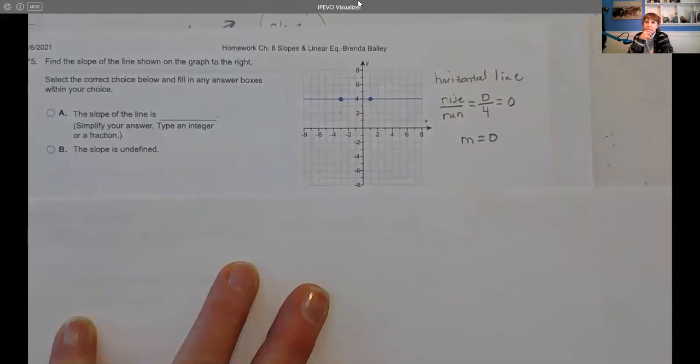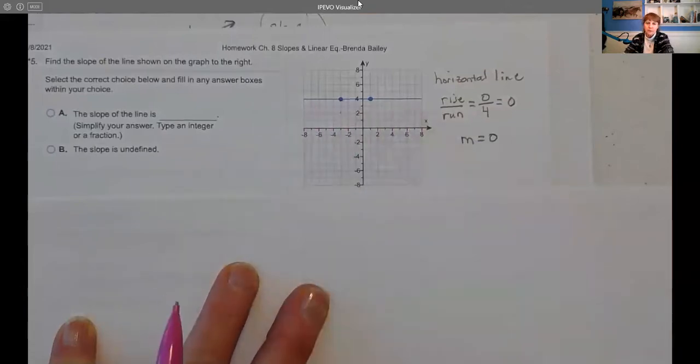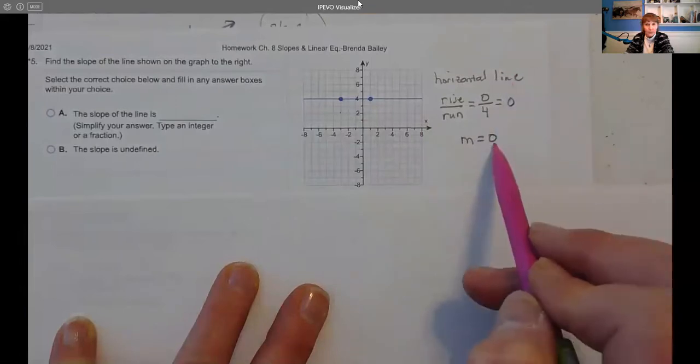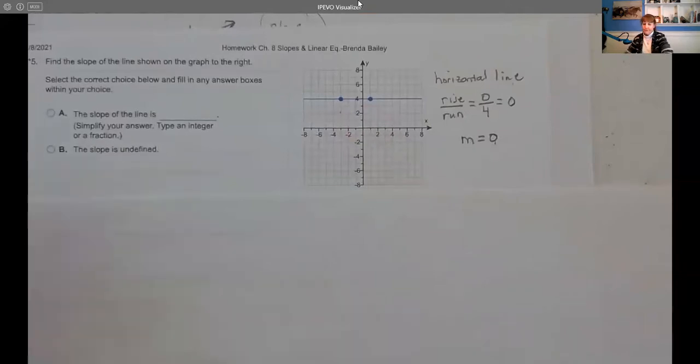All right. So any horizontal line will have a slope of 0. In other words, it's flat. There is no steepness to this road, if it were a road, or this line. So for any horizontal line, your slope is 0. And you can go ahead and look at the rise over run if you need to, or you can just remember that for horizontal lines, the slope is 0. However,